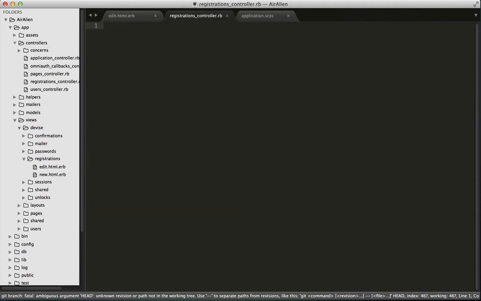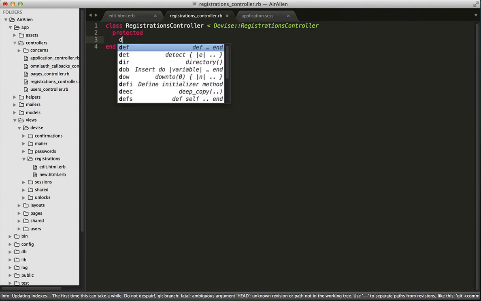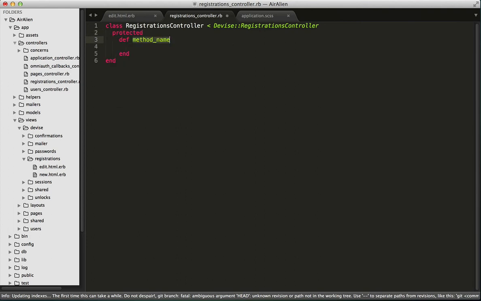Then under the controllers folder, we're going to create a new file and name it registrations_controller.rb. Alright, we're going to create a class RegistrationsController that extends the Devise RegistrationsController. Now we need to declare protected. The solution here is simple. We just need to override the update_resource